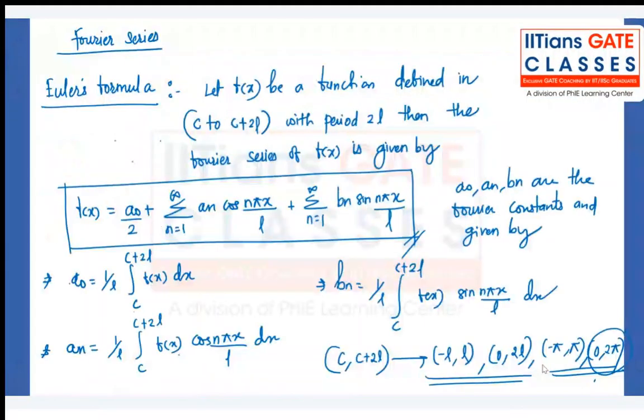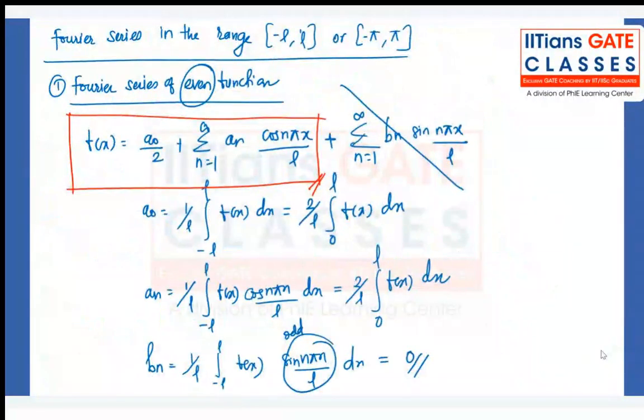Till now, what we have studied in Fourier series is Euler's formula and the constants in it, like A0, An, and Bn. This Euler's formula can be written in the form of different limits. Let's say this is for C to C plus 2L, but our limits are minus L to L, or minus pi to pi, or 0 to 2L, or 0 to 2 pi. In all these situations, how can we create Euler's formula? That is what we have